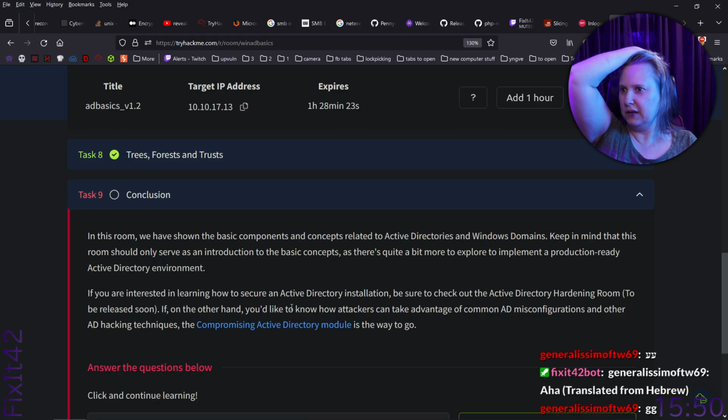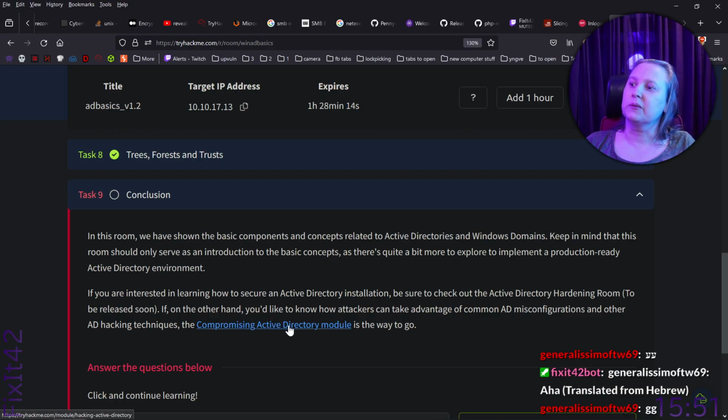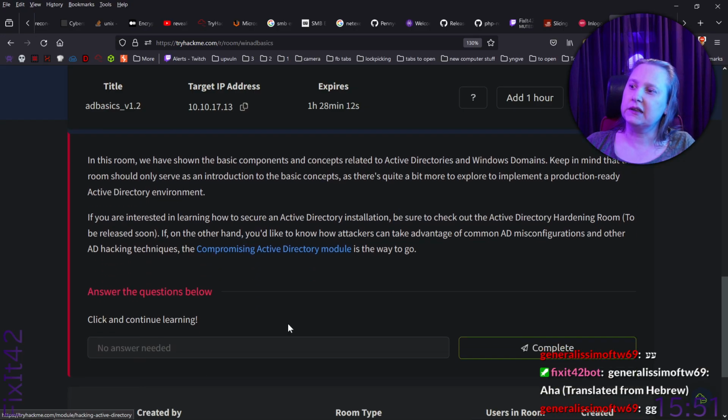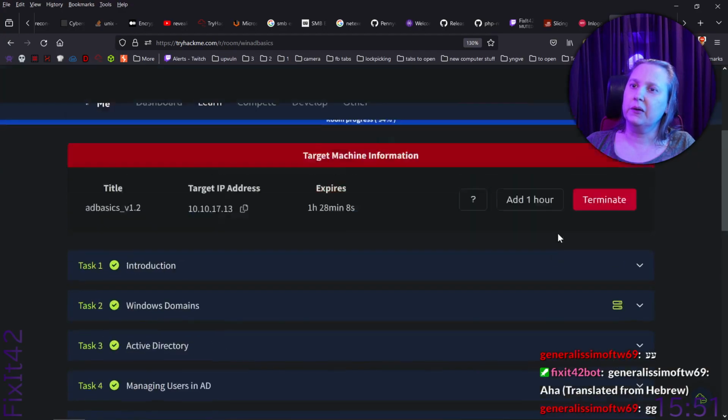On the other hand, if you'd like to know how attackers can take advantage of common AD misconfigurations and other AD hacking techniques, look at this one. Yeah, we will do that. Click and continue learning. And now I know that the room